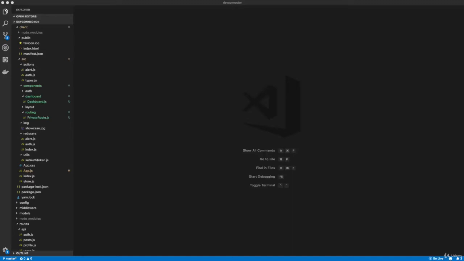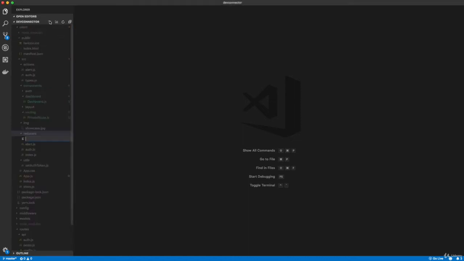All right, so now we're going to start to work on the profile reducer, profile actions, and so on, so we can make requests to our back end, and we can send that data down through the state to components, such as the dashboard. So let's go into reducers, and let's create a new file called